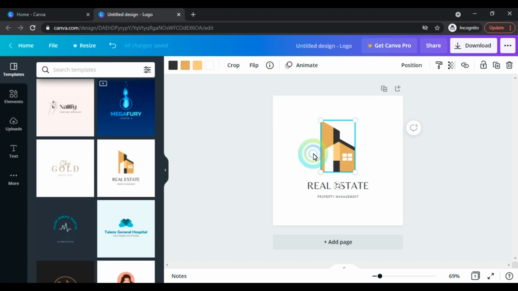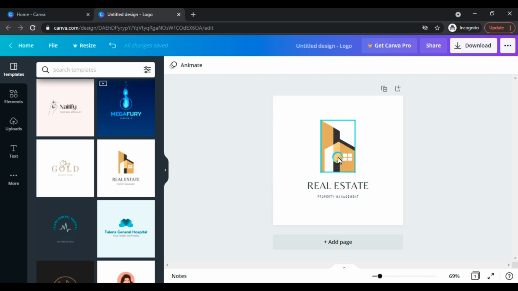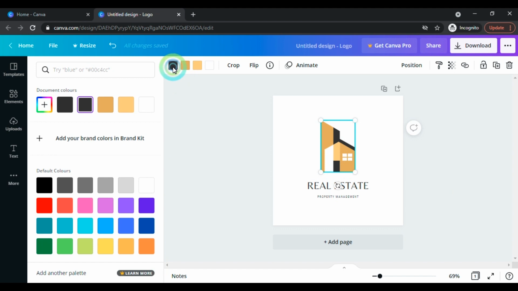You can see there is a separate icon for real estate. This is a real estate related template. Just check here. You can change the colors here, whatever colors you want to change, like this.